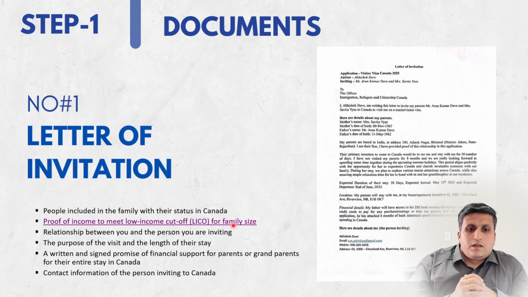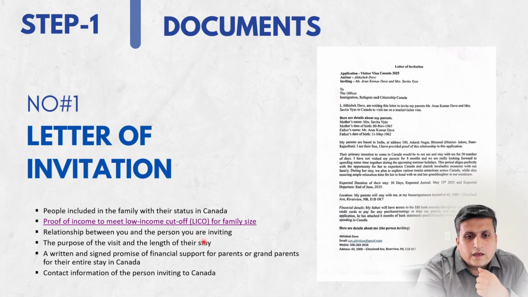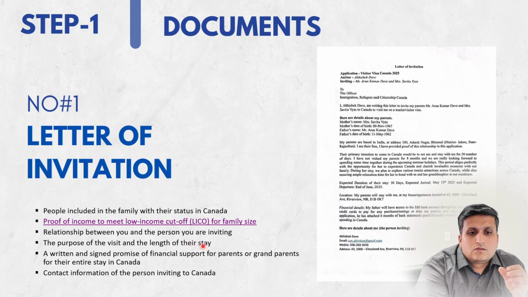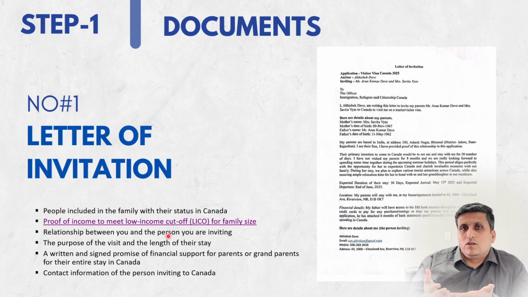The next thing you mention, you can actually club points 3 and 4, where you mention the relation of the person you are inviting, the purpose of their visit, and the length of their stay. So this you can include in one paragraph: that I am planning to invite my father and my parents, and they are going to stay with us for 9 to 12 months to help me do some studies and take